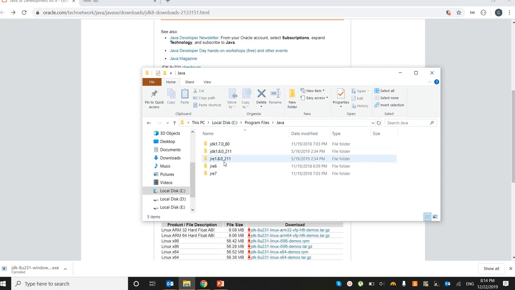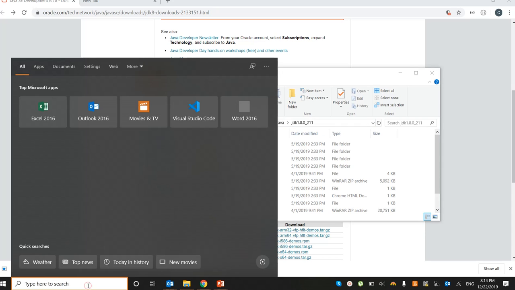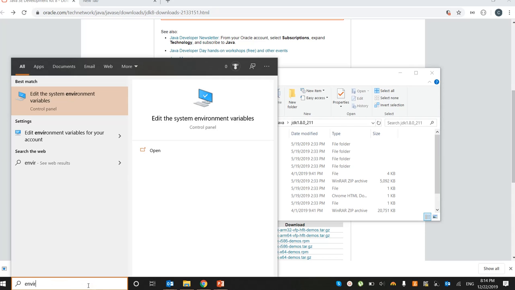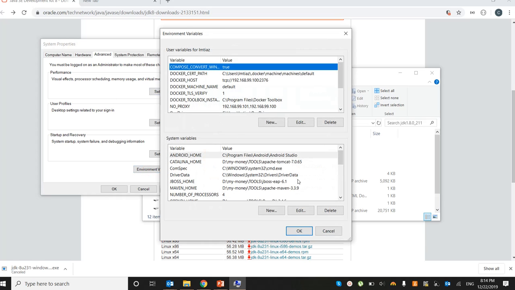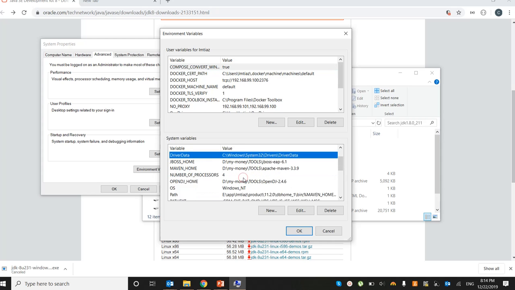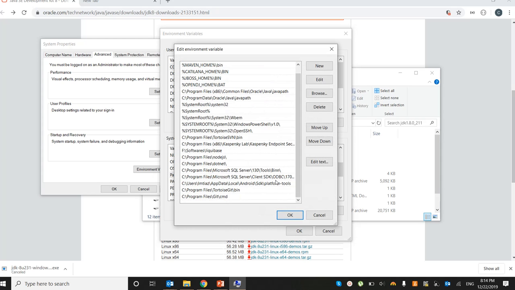First of all, for setting up the Java path variable, you have to copy the path. Now type environment. You will see the system environment variables. Click on this. Now in environment variables, here you can search the path variable. Click on path variable and